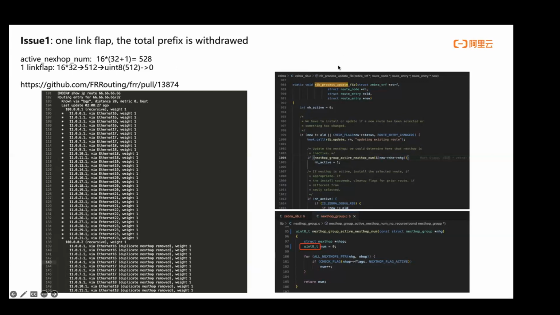In the route process update function, it will use the nexthop_group_active_nexthop_num function to calculate the active next hop numbers of this route. And in this use case, it will calculate 16 times 33 equals 528 active next hops. This includes the recursive next hops and many duplicated next hops, and once there is a link flap, the active number will turn to